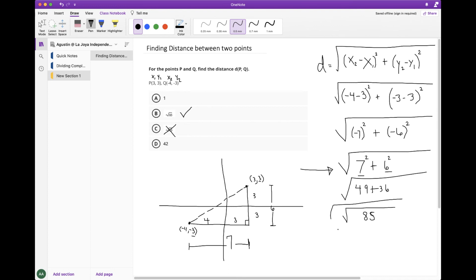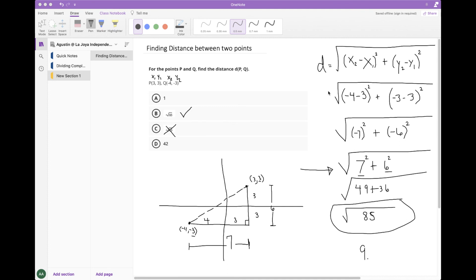Now the square root of 85, it's not a nice number. That's why it ends up being letter B there. They didn't actually figure it out as a decimal, and that's fine. So you just make sure you're looking for both. If you don't see it as square root of 85, then you might see it as 9 point something, right? In this case, the square root of 85 is about